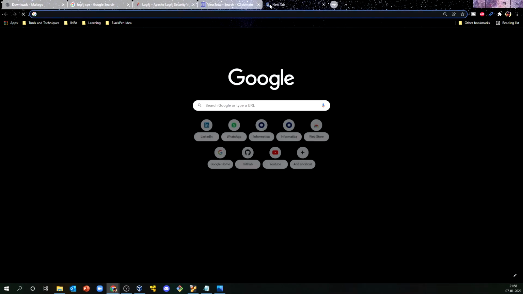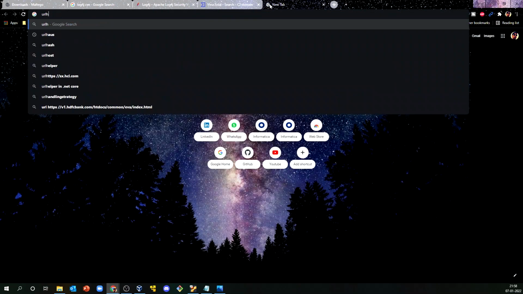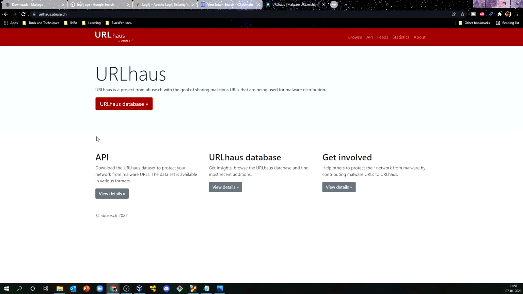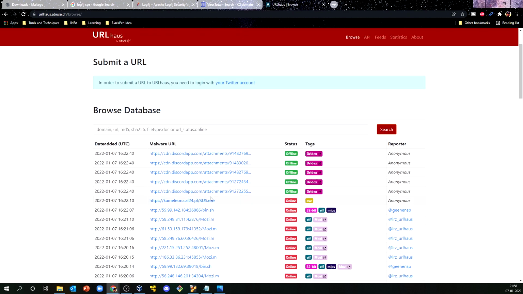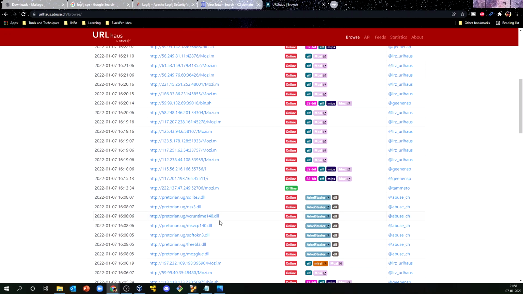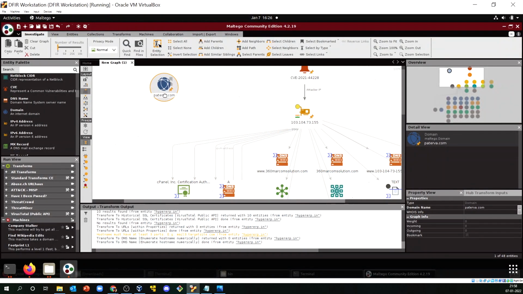Or we can go directly to URL host, and from URL host we can grab any of the malicious IP addresses, right? Yeah, you see this is an interesting domain. Okay, this is online. Let us grab this particular thing over here and pull it into Maltego, right?